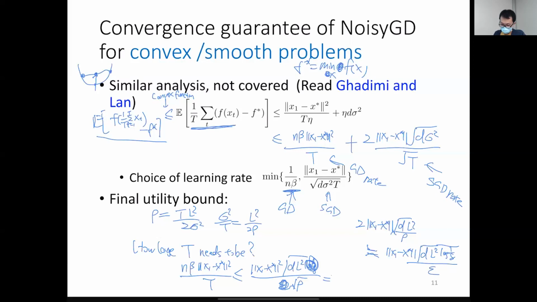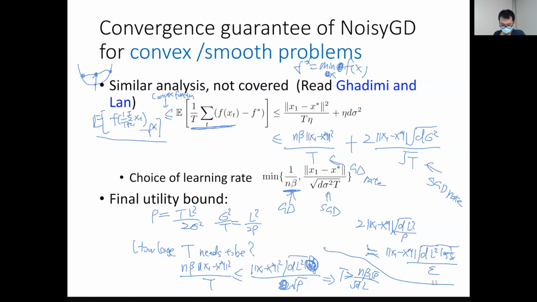So what this is saying is that t needs to be larger than n beta over square root of d L, square root of rho,